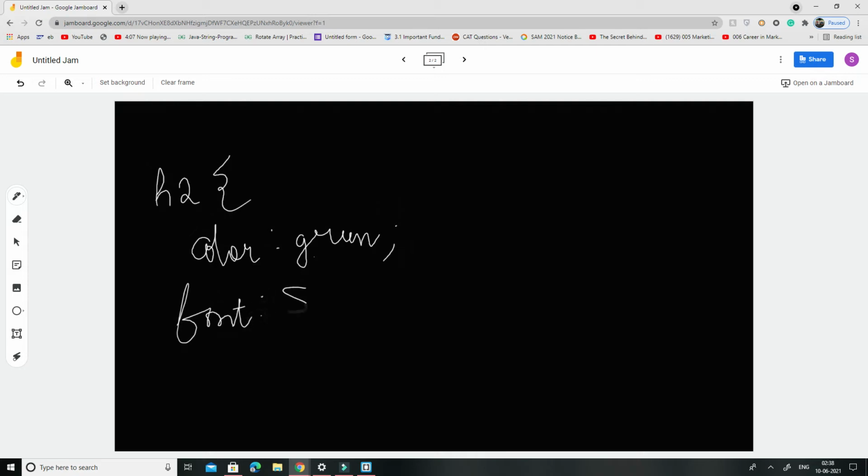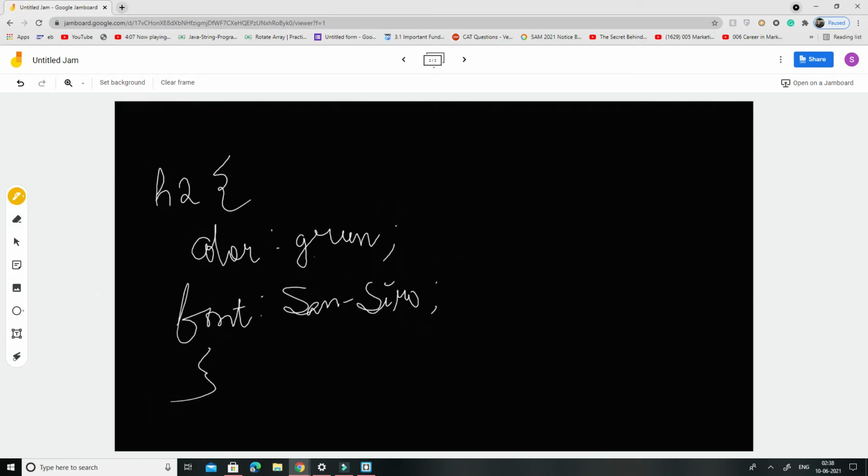Now we will try to understand the CSS syntax. All right. Suppose you have a header which you have named h2, and now you are trying to include some styles to it. Suppose you want to color it green, semicolon, and something else like font sans serif, close. All right.